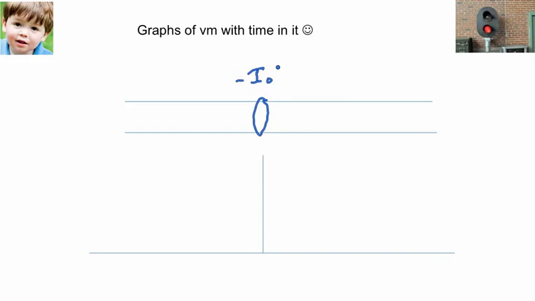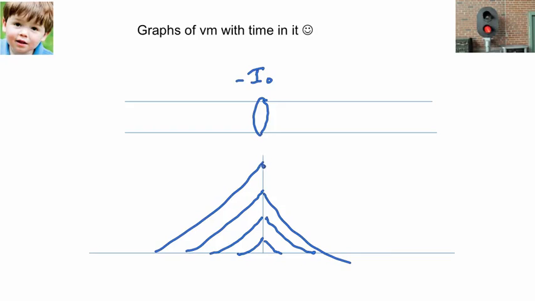So what will happen is we'll see potentials that'll look like this. First they'll look like this, and then they'll look like this, and then they'll look like this, and then they'll look like this,